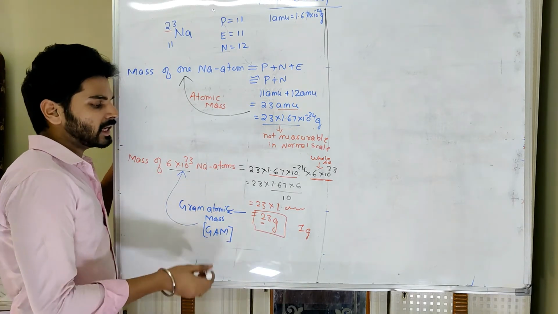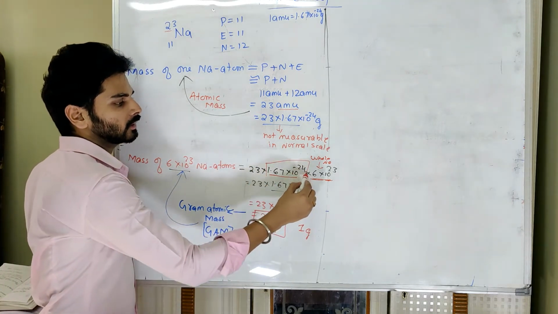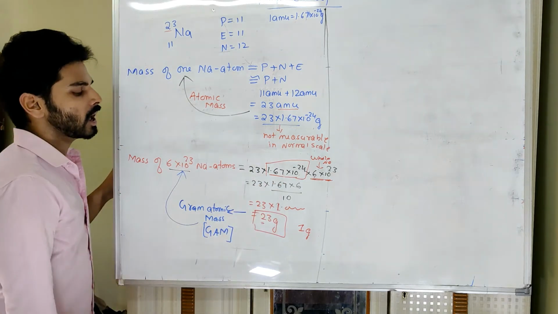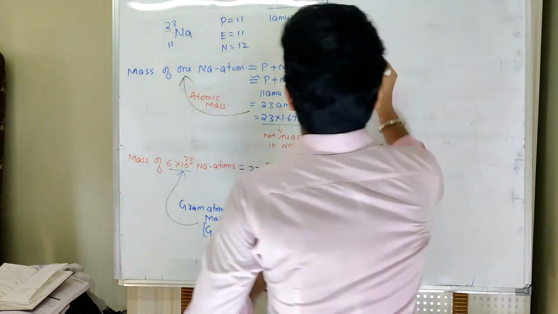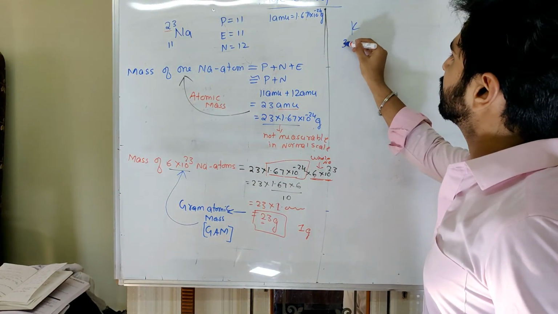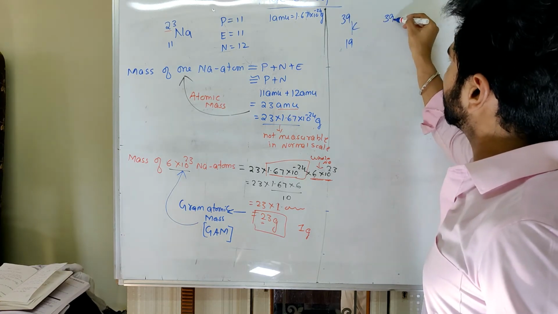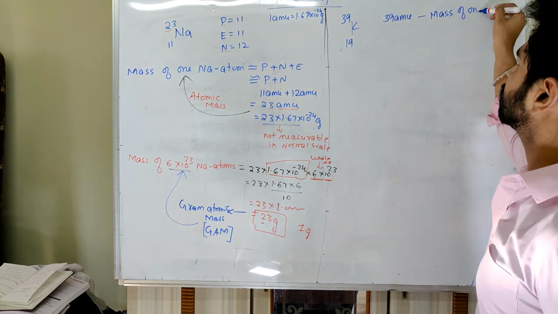Now, 23 gram is measurable on a normal scale. Definitely 1 gram is also measurable on a normal scale, but converting things into 1 gram is not feasible. Why? Because all the elements, if I take 1 gram, may not contain the same number of atoms. But I will be taking 6 into 10 raised to 23 and multiplying with this. This has to be there because we are converting that into gram. Then I can realize that 23 gram contains this many atoms.